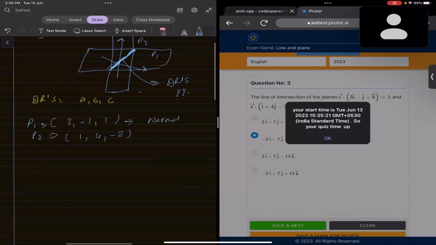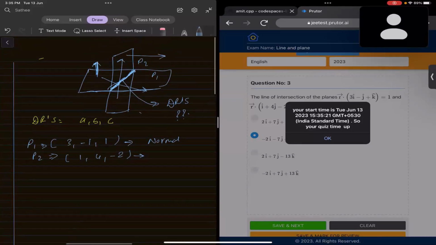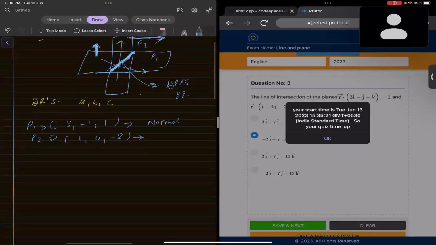Okay, ये जो DR है, ये इस लाइन, जो P1 प्लेन की नॉर्मल होगी, उसके DR रिप्रेजेंट करता है। सिमिलरली P2 के जो DR हैं, जो P2 की नॉर्मल लाइन होगी, उसके DR रिप्रेजेंट कर रहा है। और मैं ये बोल रहा हूँ कि जो लाइन ऑफ इंटरसेक्शन होगी, उसके जो भी DR होंगे, वो इसके भी परपेंडिकुलर होंगे और इसके भी परपेंडिकुलर होंगे।